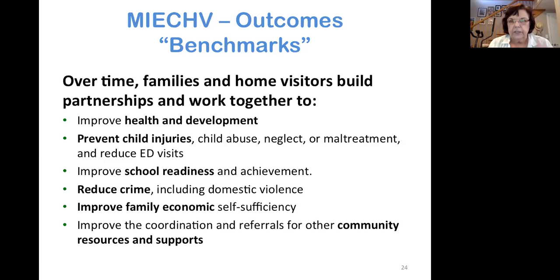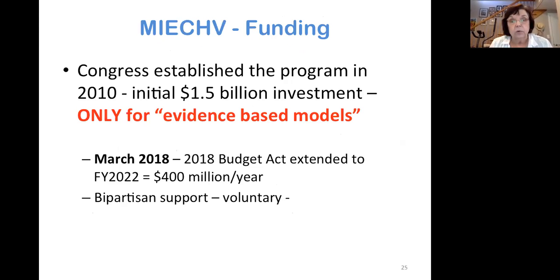So all of these things are what's included in the cost savings to society for every dollar of investment in the program. So Congress in 2010 established the program with an initial $1.5 billion investment, but only for evidence-based